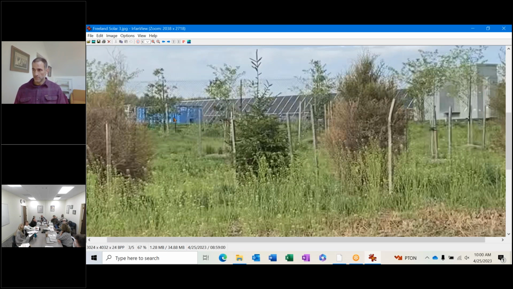Jonathan, I got a question for you. In your opinion, if they added an opaque fence behind that screening, how would that affect it? Put slats in the chain link fence? Right, so that is another way to achieve a visual screening. Now, whether somebody wants to be seeing a fence versus a solar panel, I don't know. Well, I'm saying a combination of the two. You could do that. The height is probably an issue, perhaps. Or an opaque fence behind it or something. Yeah, we have a reference.